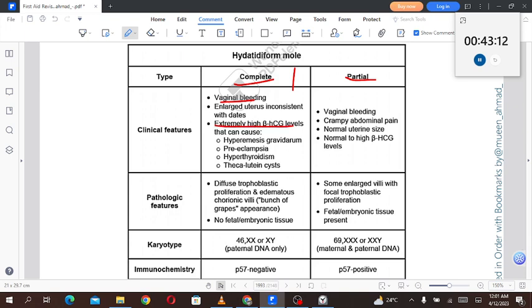The extremely high beta hCG level can cause hyperemesis gravidarum, preeclampsia, hyperthyroidism, because alpha subunit, TSH and beta hCG are the same, and theca lutein cysts can also be there because hCG is responsible for the persistence of the corpus luteum. Pathologic features,